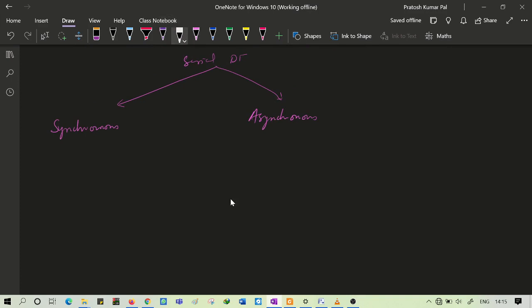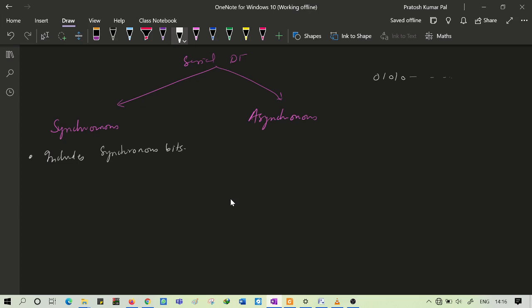So here in case of synchronous, to transfer the data, how will the transmission take place? As it is transferring one bit at a time, to make this system a synchronous one, it includes synchronous bits.